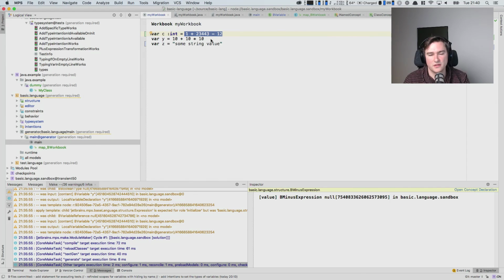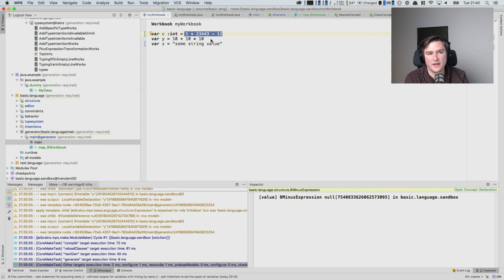So why can't we just write this text into the same file, and why do we have to define all of these mappings? We have to define them because